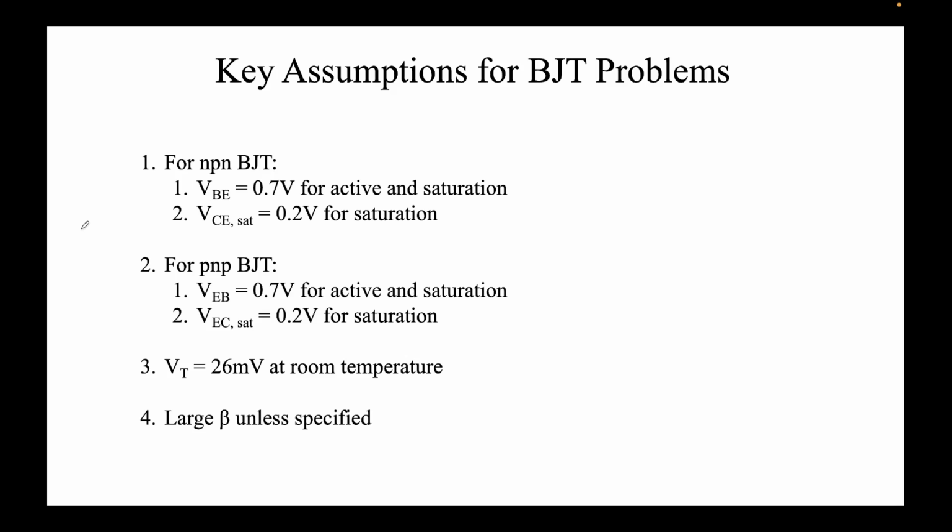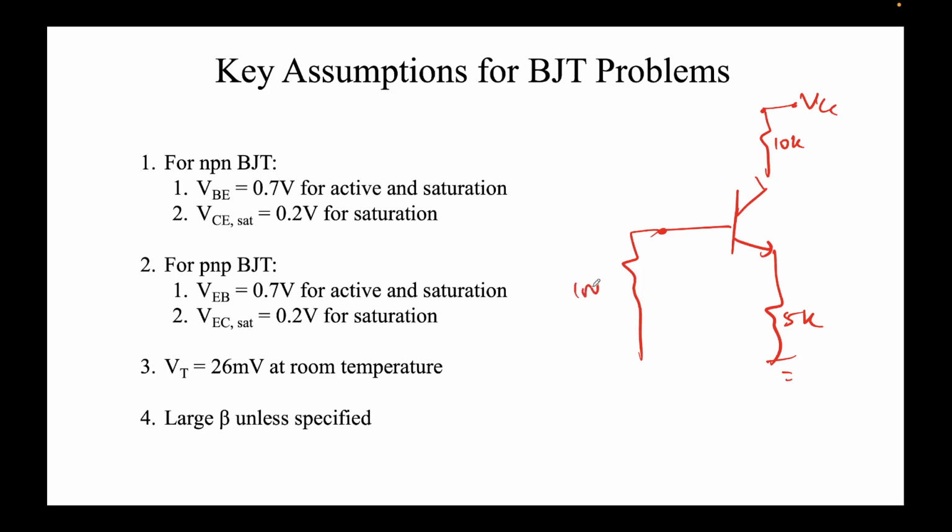we did not see any problems till now where a BJT was used in a circuit. So you might encounter certain problems where a BJT is used in a circuit. For instance, one rather simple thing is like this. This is VCC, this is, let's say, 10K, this is 5K, this is grounded, and this is connected to one more resistor, 100K, and let's say this is connected to some VB. All right, and we are taking the output from here,